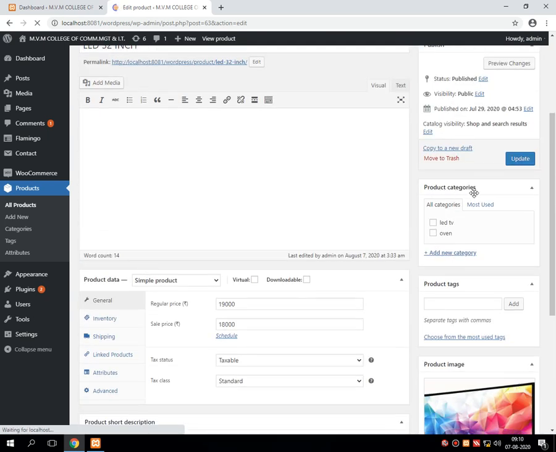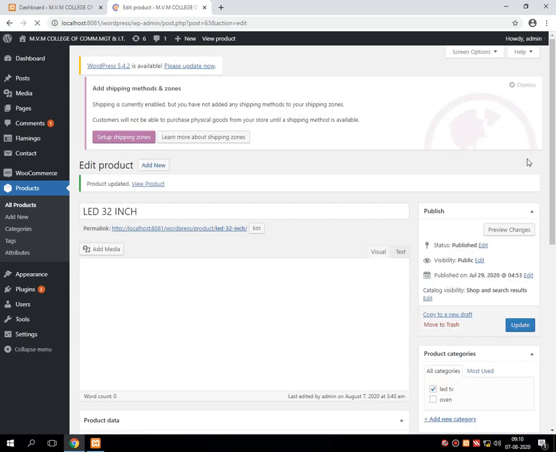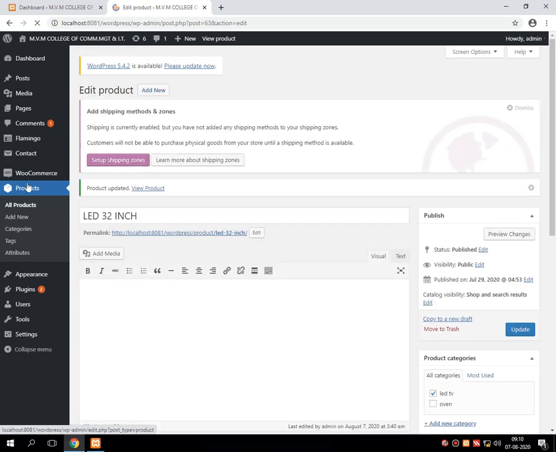On the right hand side there is a product category list. On that product category list, whatever categories we have created will be displayed over there. For this TV, I am selecting LED TV and updating the system. Once the update is done, just click onto the listing of product.